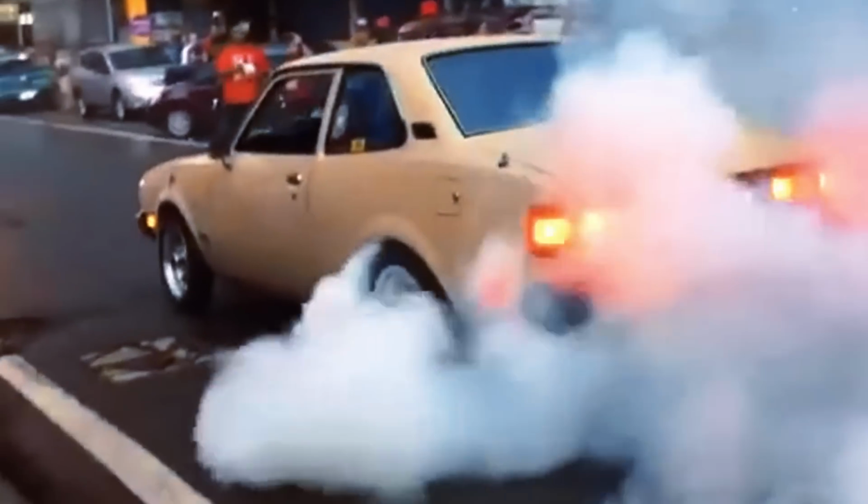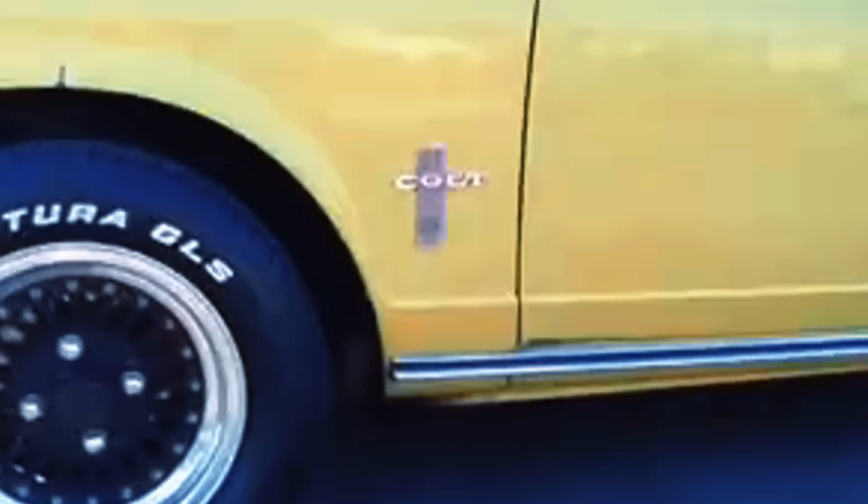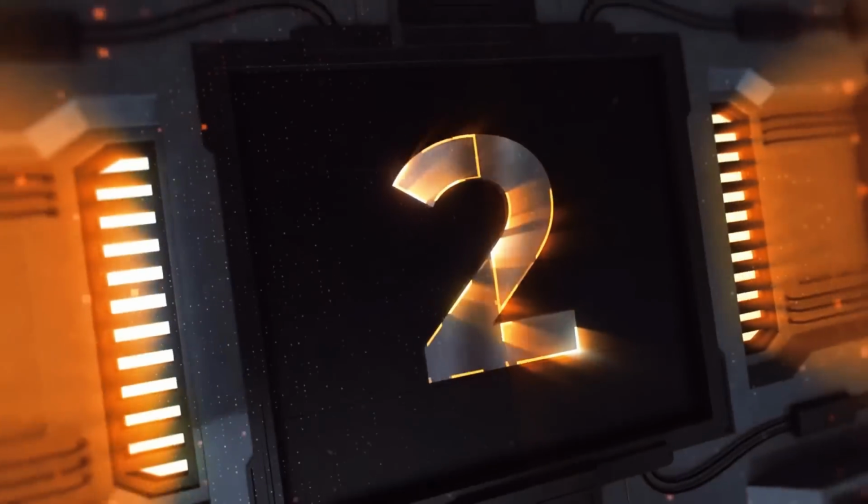The 1977 Dodge Colt was a half-hearted attempt at offering a small, fuel-efficient car in the American market. Its underpowered engine, uninspiring design, and poor build quality ensured that it never became more than an afterthought in automotive history. While it wasn't the worst car of its era,